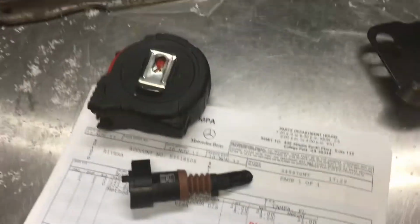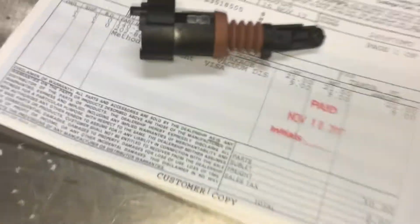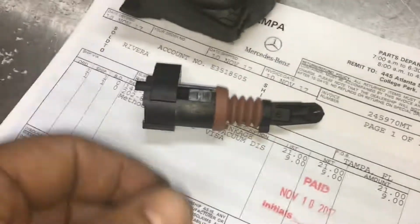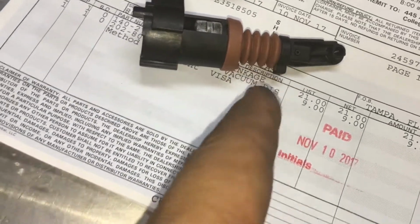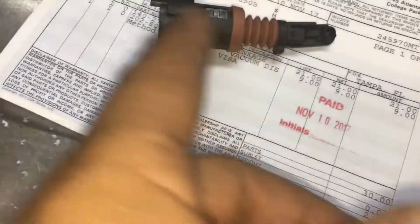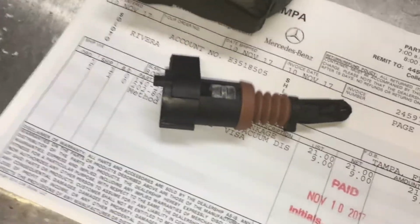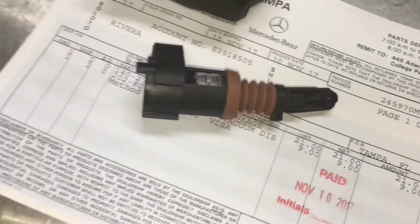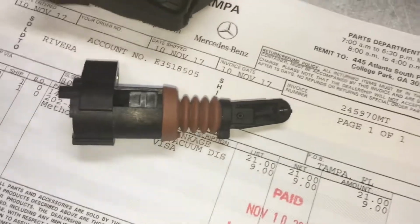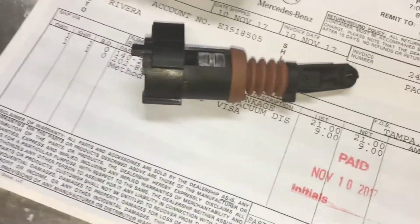1999 CL 500. I have to replace this parking lock interlock linkage right here. They have a tendency to tear right here. The boot tears inside the oil pan, and it starts to seep out through here. If you don't catch it on time, you can lose a substantial amount of oil. About a week, you can lose about two quarts of oil, and that's enough to make your car not shift